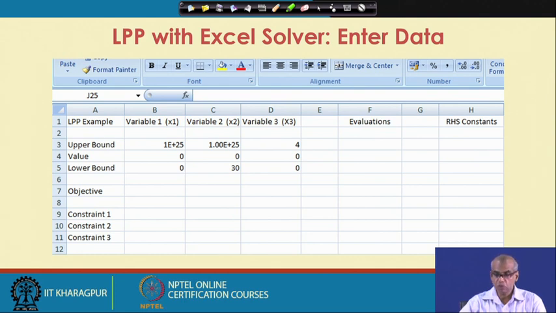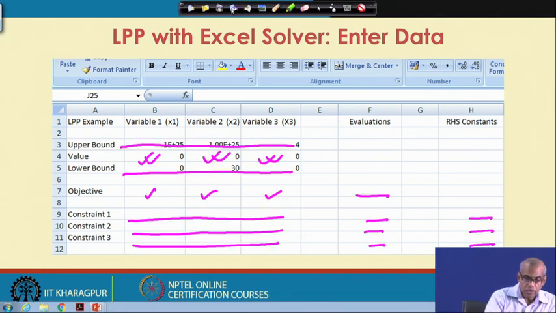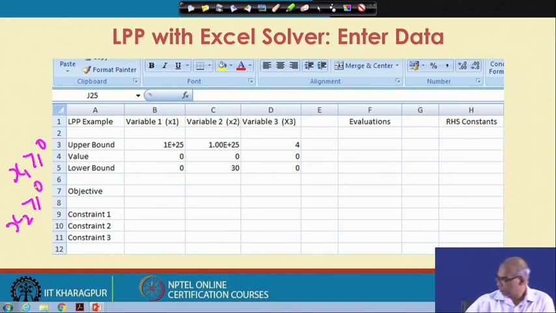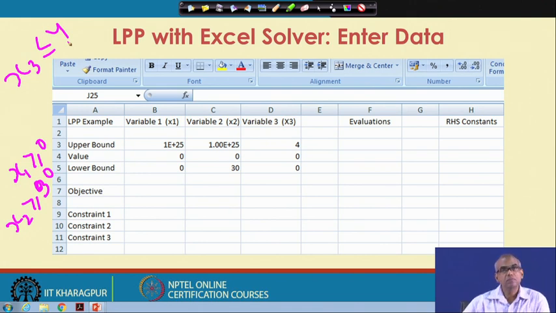If you remember the problem formulation, it was written x 1 greater or equal to 0 and x 2 greater or equal to 30. So, there was no upper bound. So, I took a large upper bound 10 to the power 25. X 3 was given as x 3 less or equal to 4. So, that is why upper bound for x 3 has been put as 4.